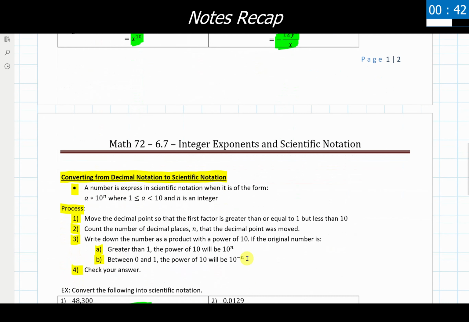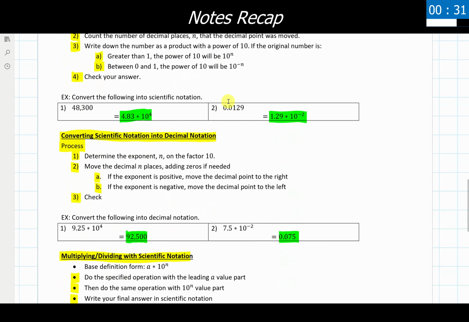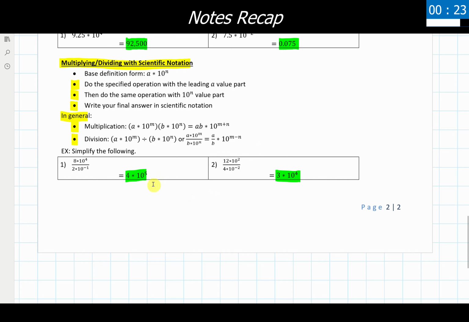We then worked with scientific notation. We had our definition of that and how we convert between decimal notation, our standard thing that we're used to seeing, and scientific notation, as well as how we convert between scientific notation into decimal notation. And then last but not least, we did a few examples of dividing using scientific notation, because I do think it is the slightly trickier one with how to rewrite and work through these. Multiplication, though, we're just multiplying the two numbers together and then multiplying the tens together using the product rule. And that's going to do it for everything in the 6.7 material.